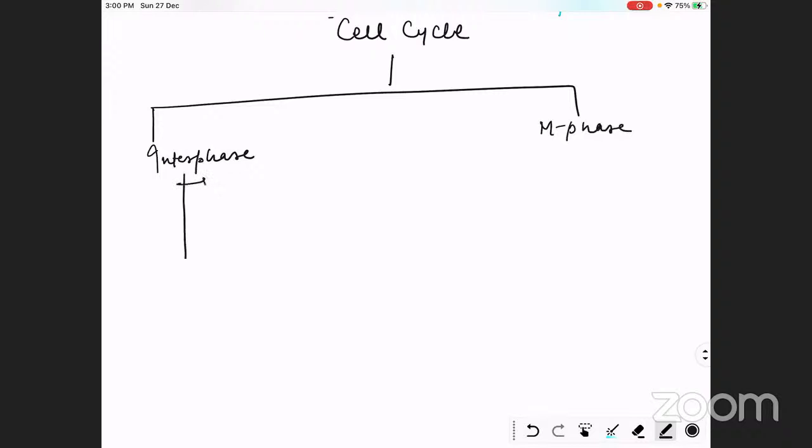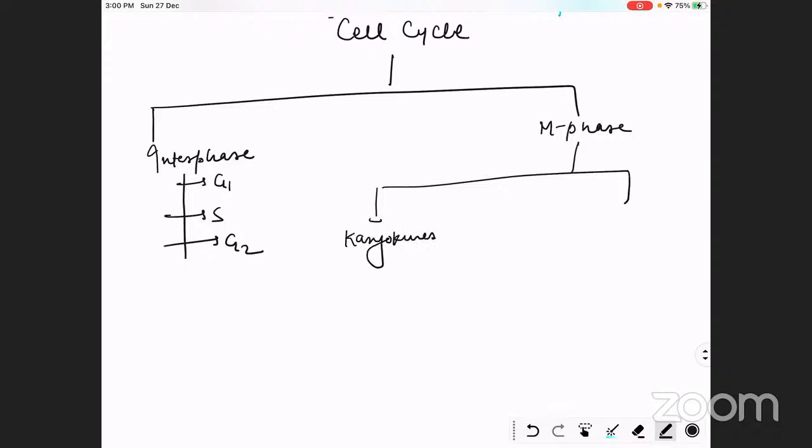Interphase is divided into G1, S, and G2. M phase is divided into two: karyokinesis and cytokinesis. Karyokinesis is again divided into different phases: